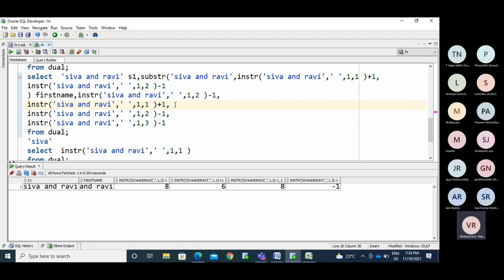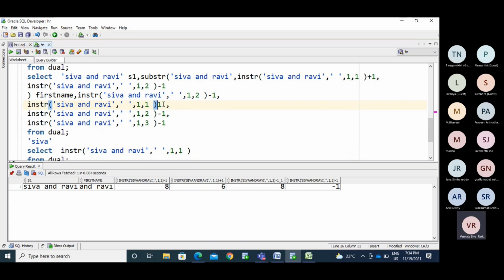So first position you need to find out 1, 1. So you are going to search from this, and the first position in this is 5th. So what value you are getting? 6th.